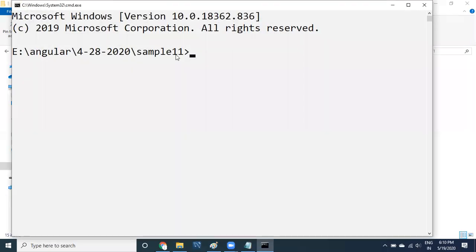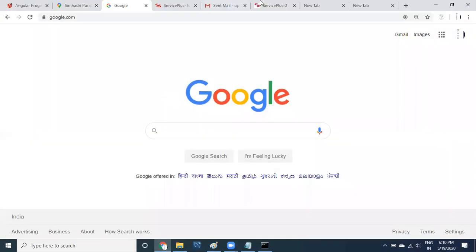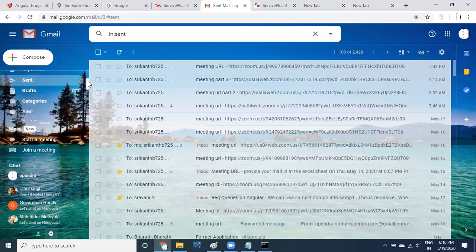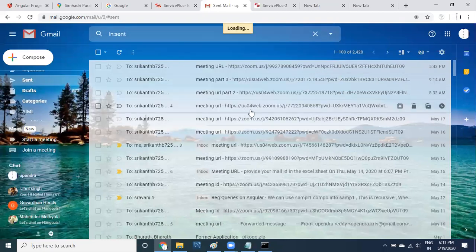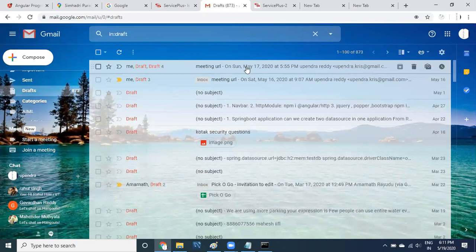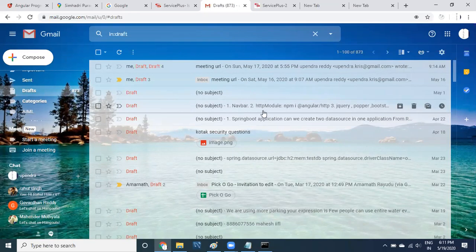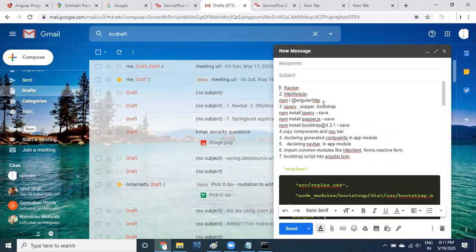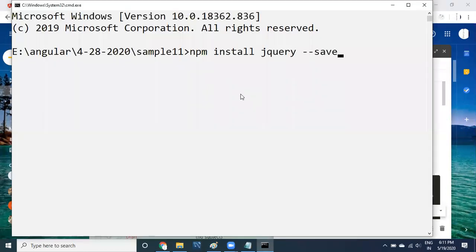Let us go to here, and then what I will say ng serve. Okay, before ng serve, what I want to do is I want to install the bootstrap to use. To use the bootstrap, we can use the thing that I have provided in the document, you can go through and then you can do the two steps installing those things. Those two steps are required. The first step is installing jQuery. So first do installing jQuery.